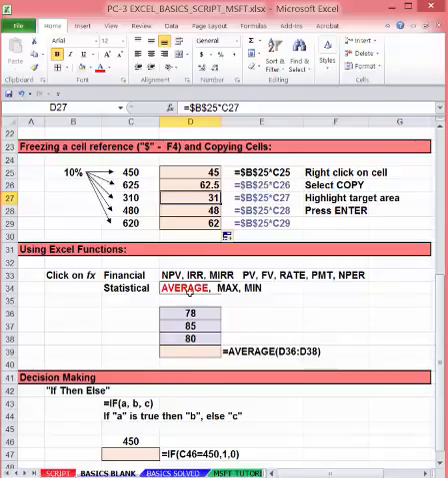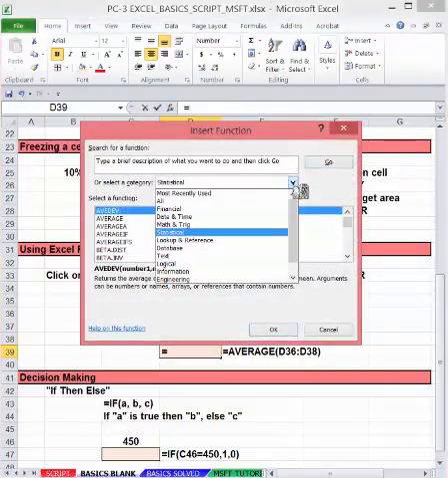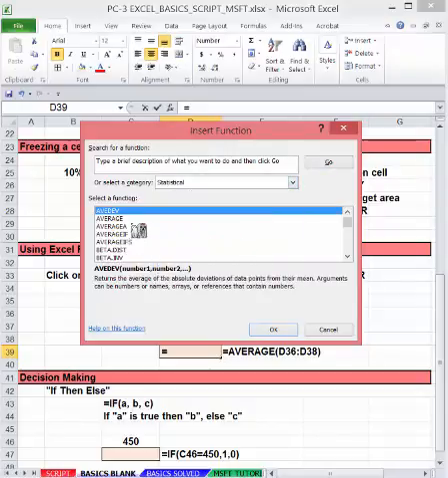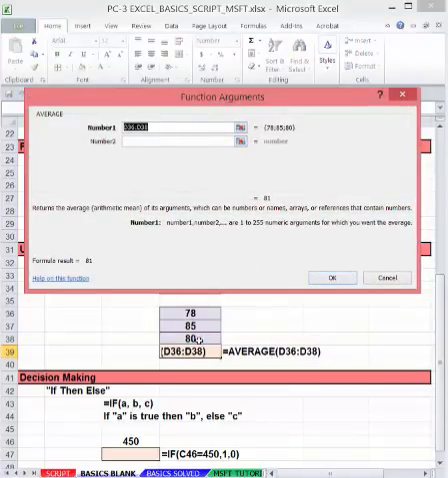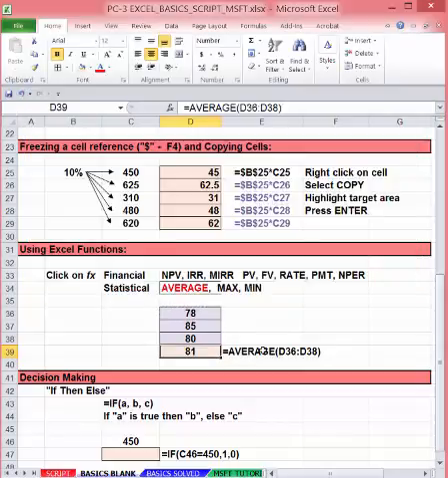In this example, I'm going to use the average function to get the average of those 3 numbers. So place my cursor on D39. Hit the FX key right up here. Notice the choice. I've got financials, date and time, math and trig, statistical, etc. Average is a statistical function. Pick average. I have a window. Notice it's defaulted to that range right there. Again, I could highlight a different range if that isn't what I wanted. Press enter, and there's my average.